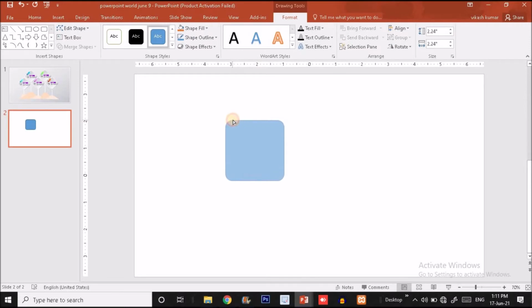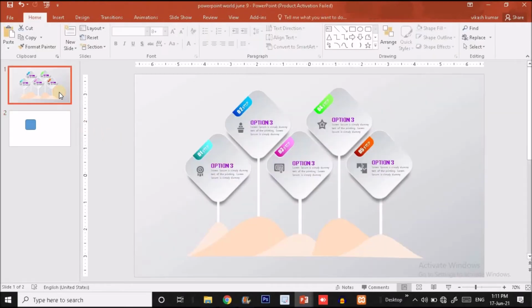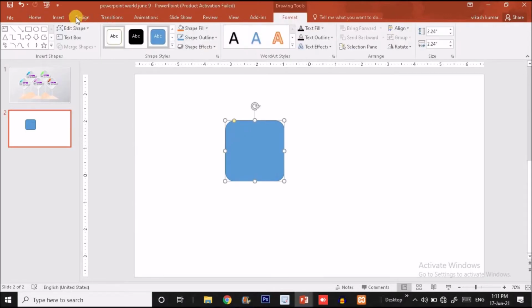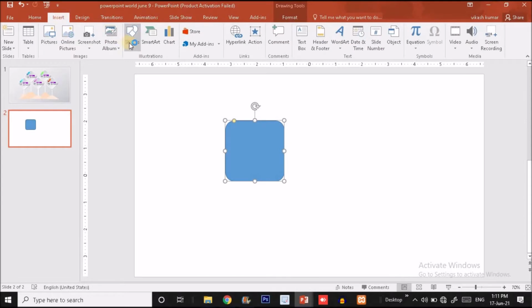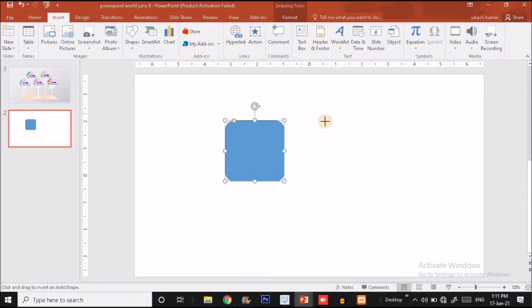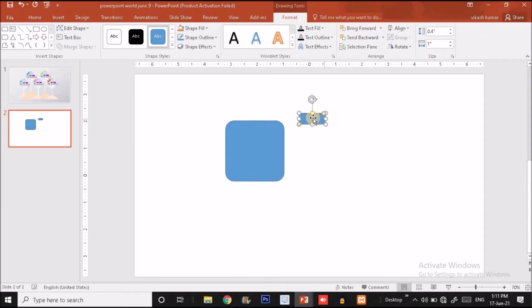So I'm going to put it something like this. Okay, this is enough. Let me take the reference of the previous slide. Here, this is enough guys. So now I will again click on the insert option, click on the shape option, and this time I will choose this particular shape, round same side corner rectangle. I'm going to click it and drag it over here to get a shape like this.